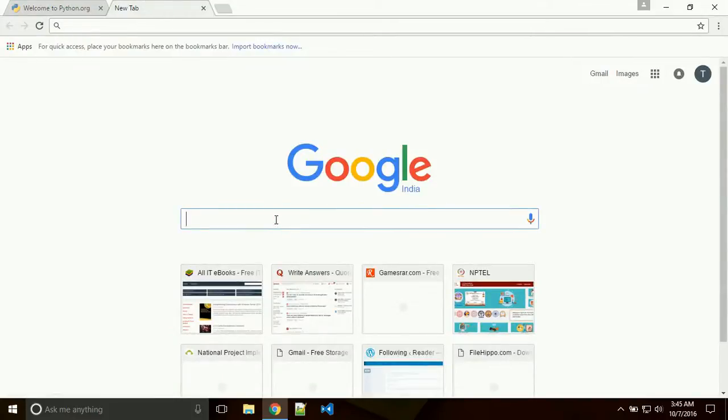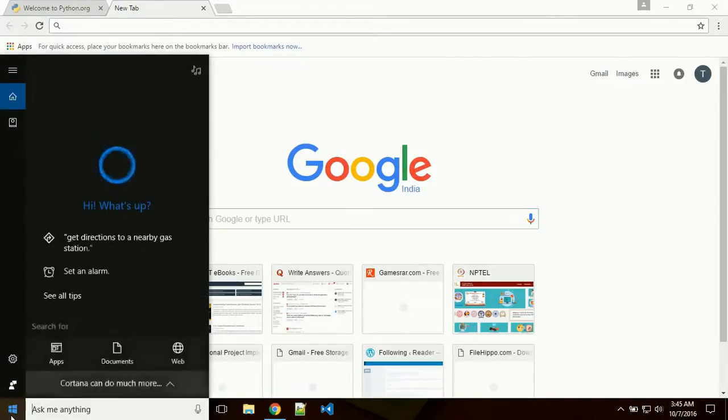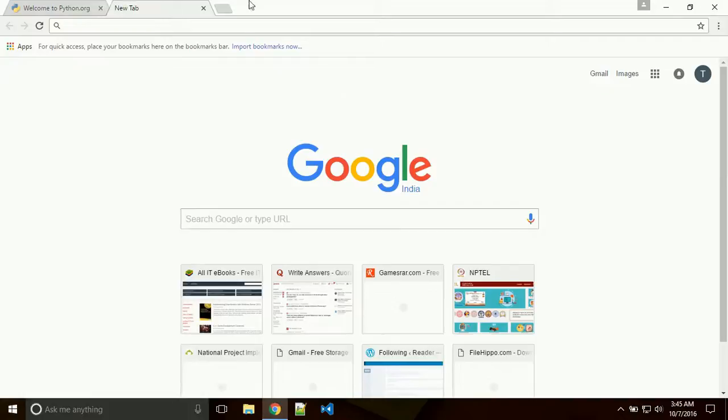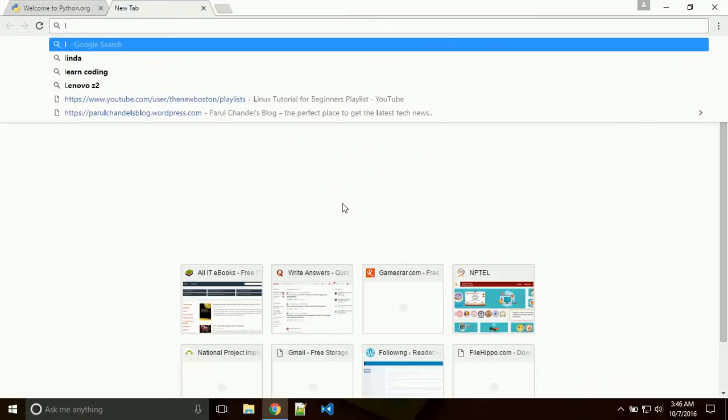Then you need a development environment. You have downloaded Python, but how can you write a script? Because Python only ships with IDLE, that is an interactive development environment, not a script writing environment. You cannot write code together. You will have to interpret it line by line. But what if you want to write an application? You can't execute code every time. You need to write it once and execute it again and again.